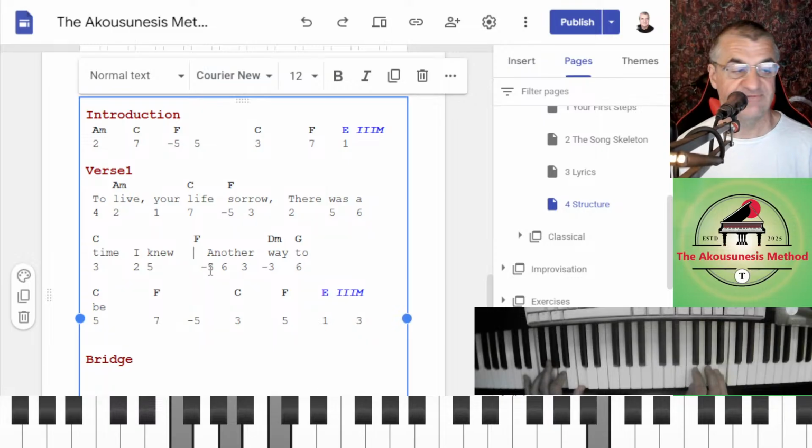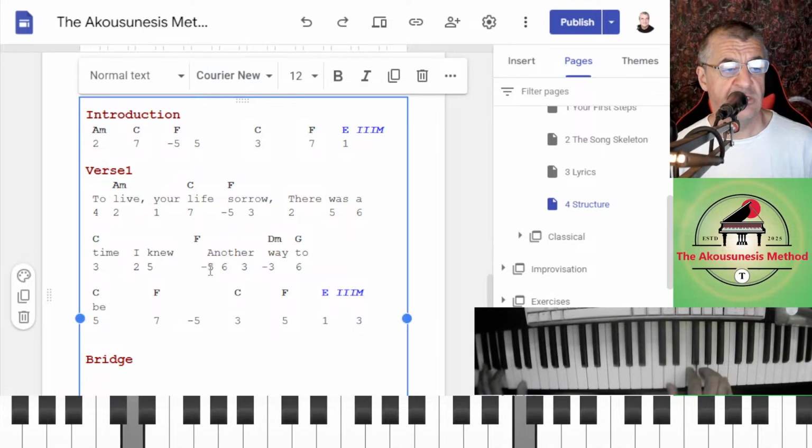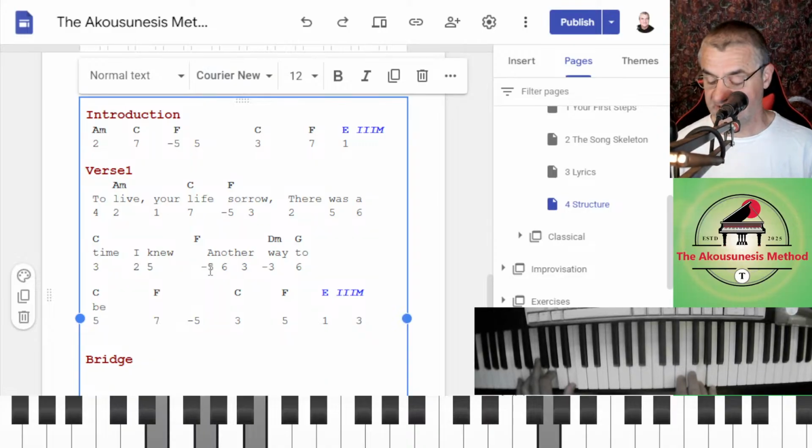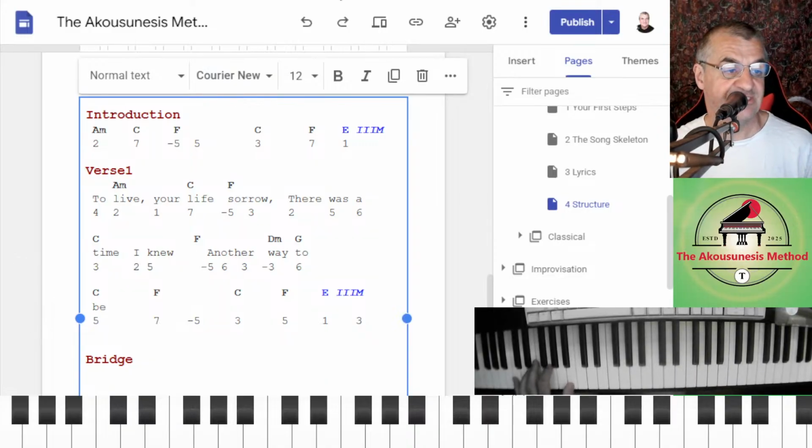F on the -5. Another way to be. Oh, that's nice. That's going to work. Way. Oh, the E minor is nice, the E minor on the -3 is nice too. Well, let's try that.